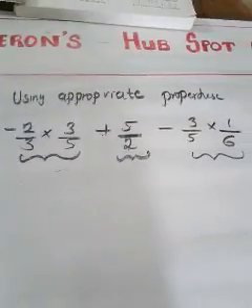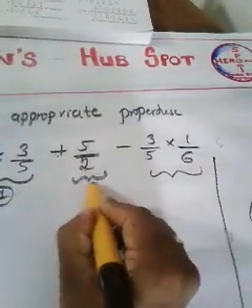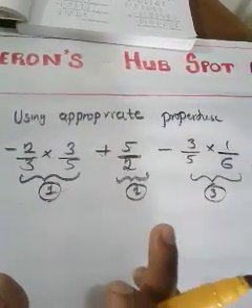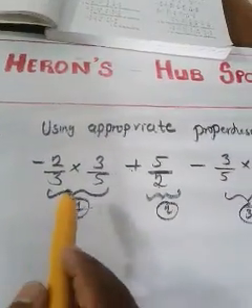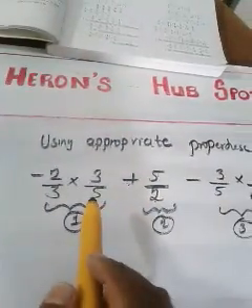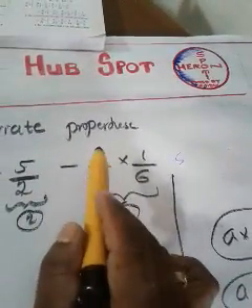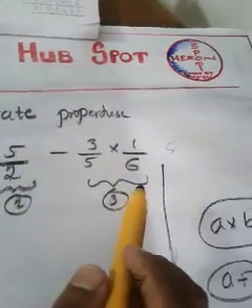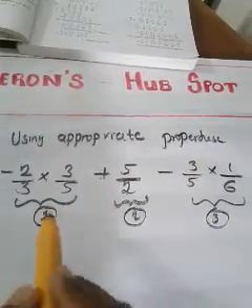Now the next step is to consider 2 terms, or write 2 terms together. This is your first term, this is your second term and this is your third term, and you have to write 2 terms together such that you just see your first term and your third term. Can you see anything? Yes, you can see something, because 3 by 5 is there in the first term and 3 by 5 is there in the third term also. In the first and third terms, a common term is there, which is that 3 by 5. So I am going to write those 2 terms together.